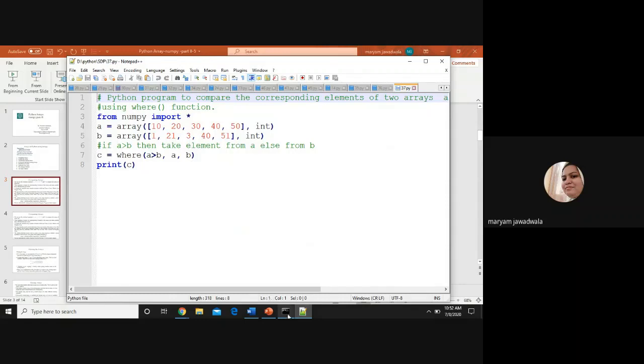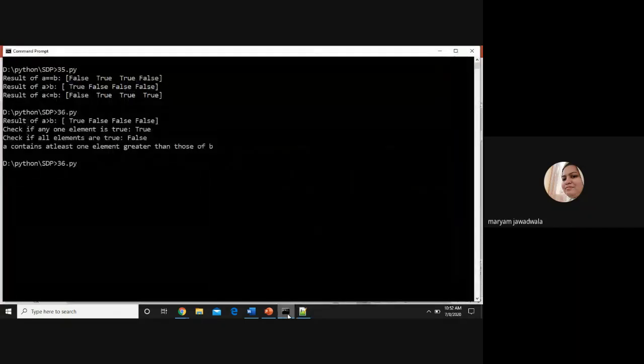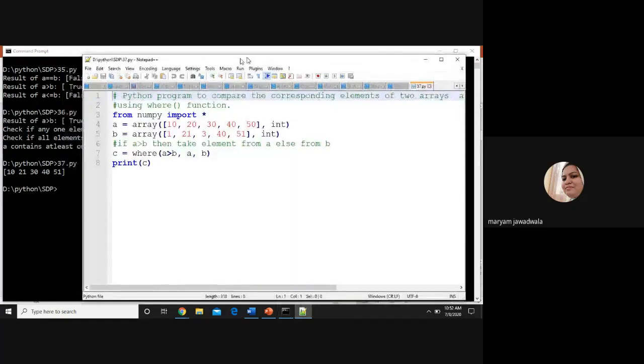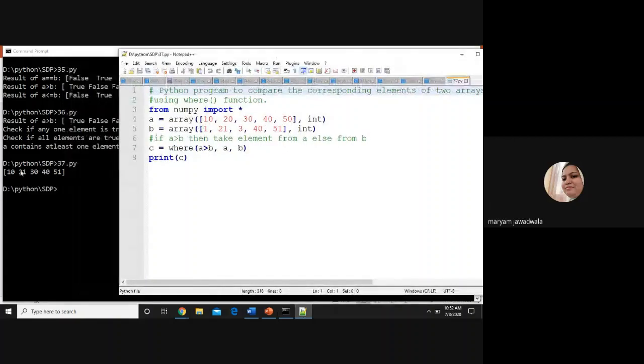So just run this program here. The name of the program is 37.py. The system will display the elements 10, then 21, then 30, 40, and 51. It means that in these two arrays, the greater element will be part of the C array.